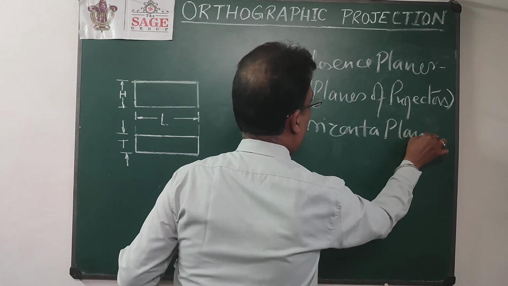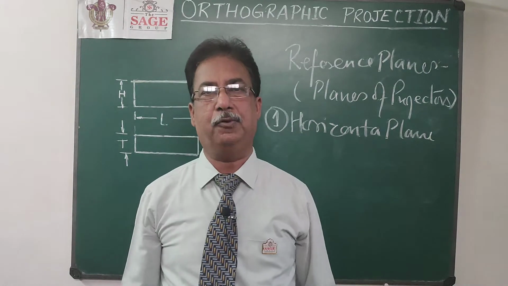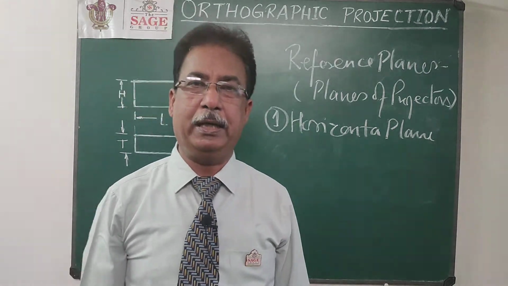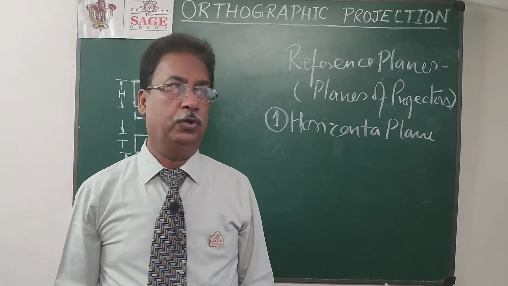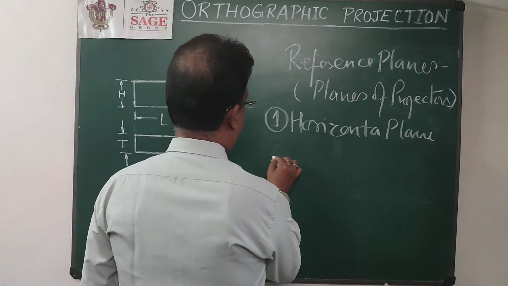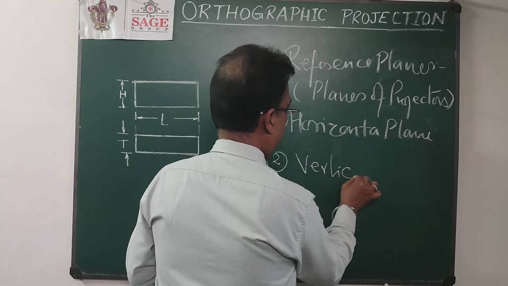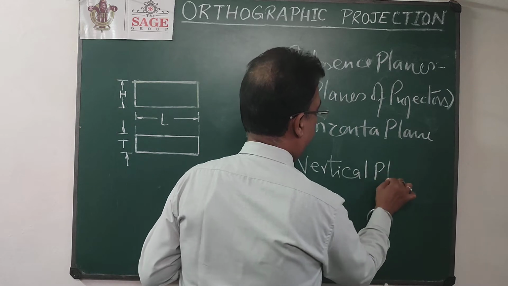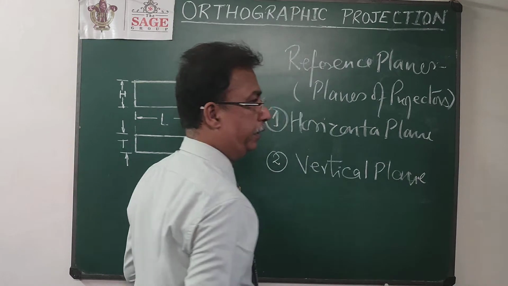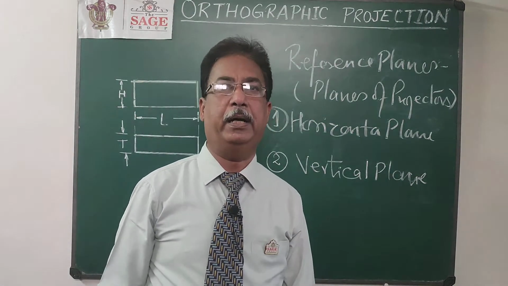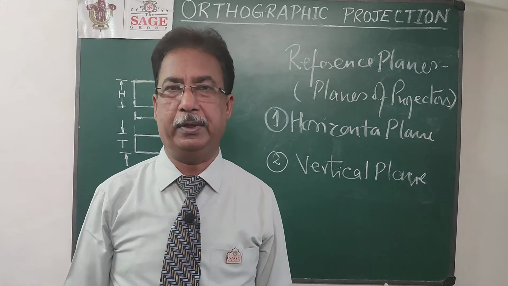If you want to define what is horizontal plane, then any plane which is parallel to the earth, because earth will be the biggest horizontal plane. So any plane parallel to the earth will be my horizontal plane. So that is a simple definition. Second plane will be our vertical plane. Vertical plane will be any plane which is perpendicular to the horizontal plane. So initially I have defined my horizontal plane, then any plane perpendicular to this horizontal plane will be vertical plane.